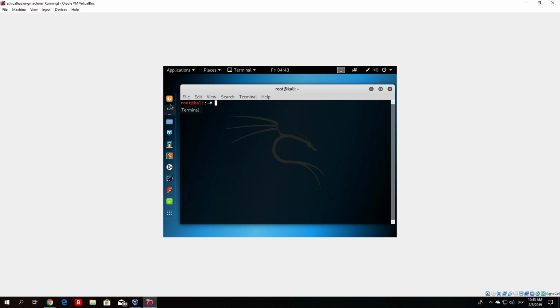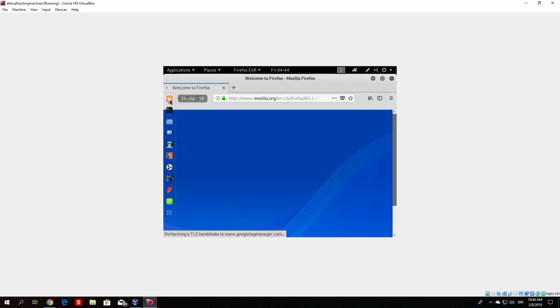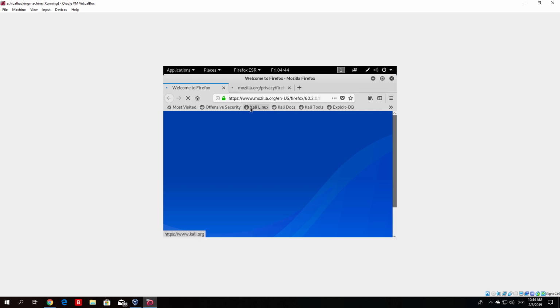So just for now, we want to go to Firefox, which is at the top of this list of the programs. You want to go to Firefox and click on this. I believe it will automatically open up the Kali Linux page, which we need in this case in order to take some of the things it provides us. It says welcome to Firefox, and here we can see the most visited sites, even though we haven't visited anything yet: Offensive Security, Kali Linux, Kali Docs, Kali Tools, and Exploit-DB. We right now want to go to the Kali Docs, and